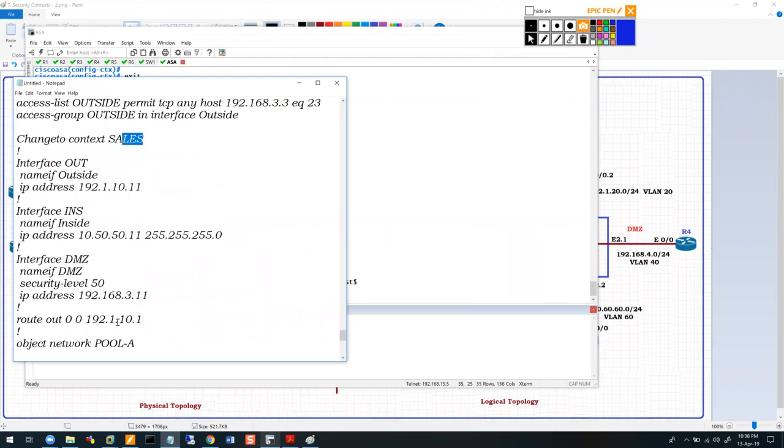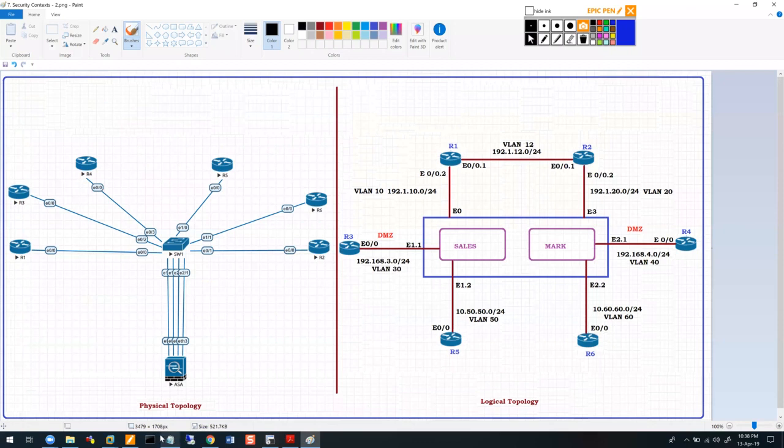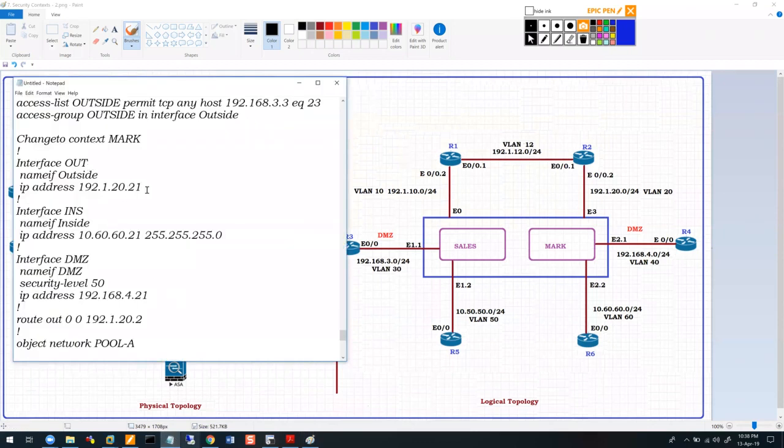which is marketing, it's 20.21. Inside is 60.21. DMZ was 4.21. Default gateway is 20.2. And based on this diagram over here, 20.21, 60.60.21,